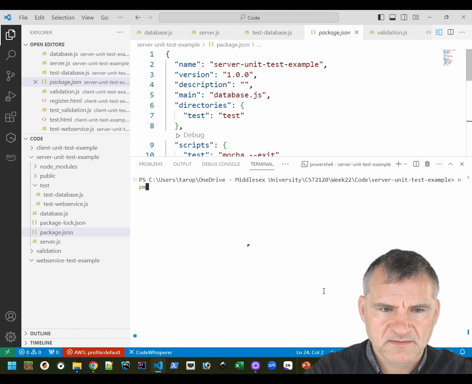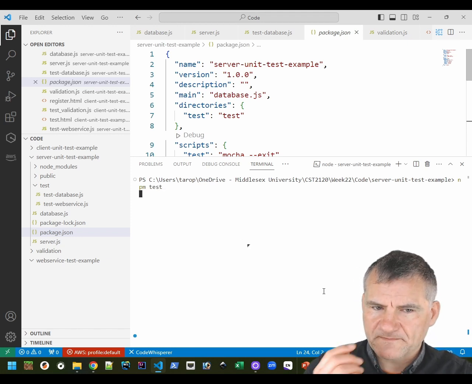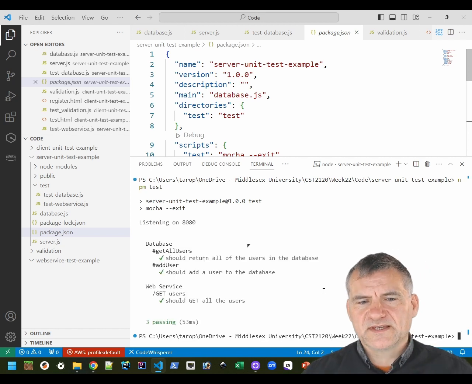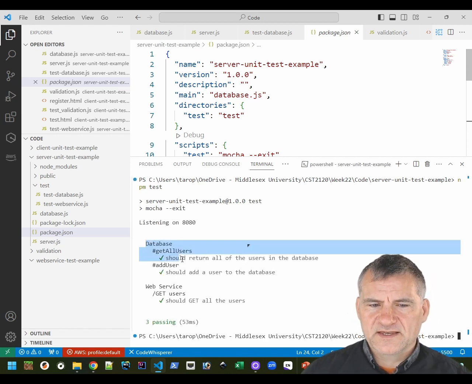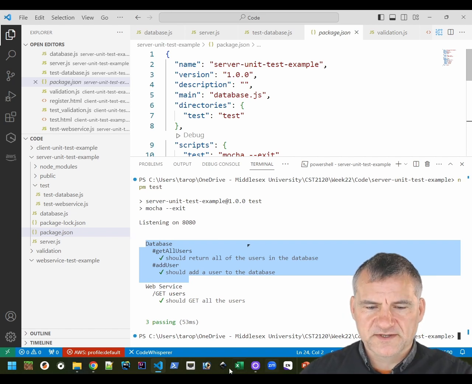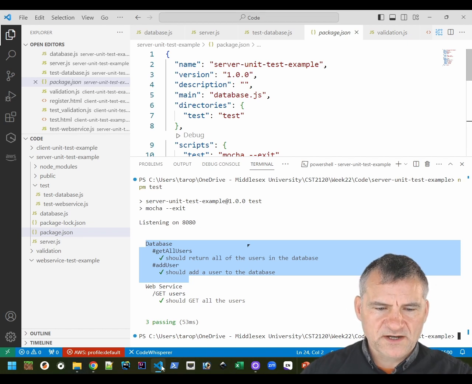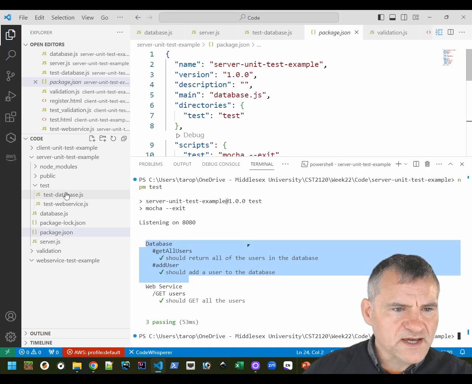I'll do npm test. So it's calling test, and you can see here, these are the two tests I've just run. So it's getting all users, should return users, and should add a user to the database. And just to show you that it's working,